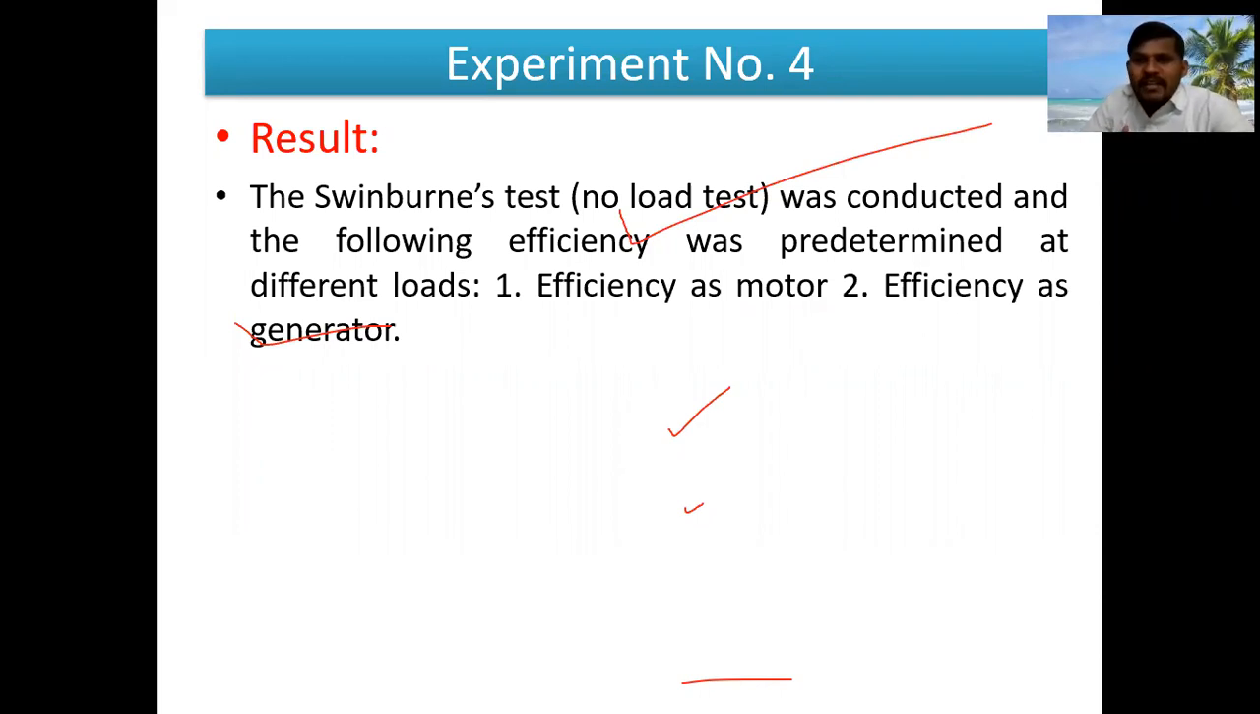That means when the machine is run as a motor, we are considering the same machine. One machine can be run as a motor, one machine can be run as a generator, and we have calculated the efficiency. Okay,